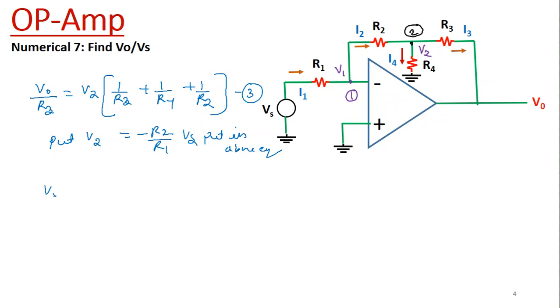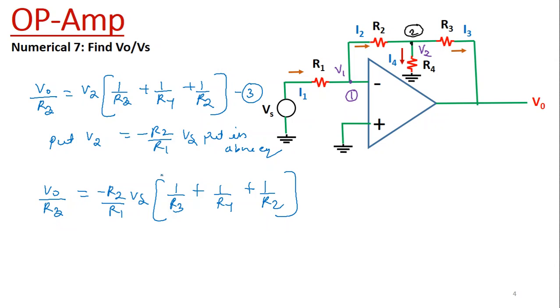So we get V0 upon R3 is equal to minus R2 by R1 into Vs, whole multiplied by the bracket 1 upon R3 plus 1 upon R4 plus 1 upon R2. So this is the equation which we are getting now. Now when we multiply this R2 by R1 into the bracket, we get